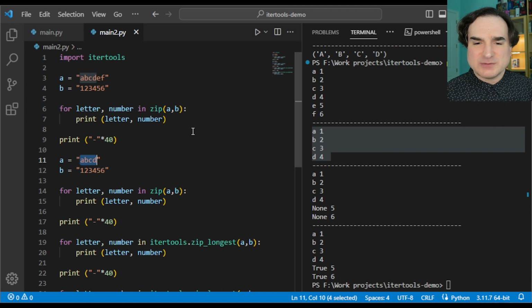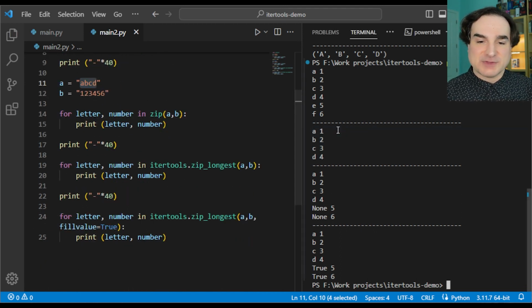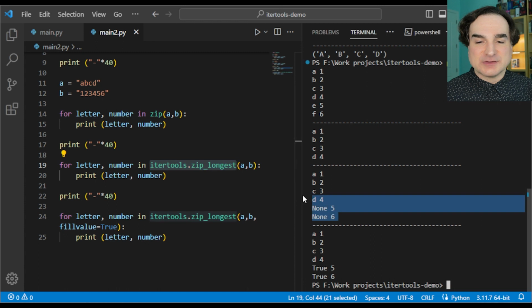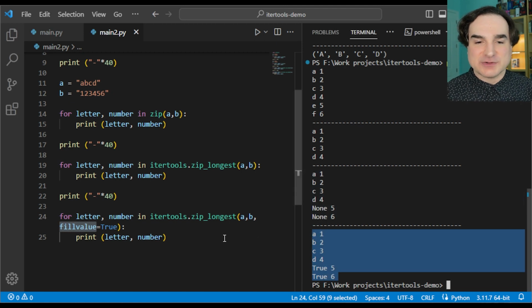So what if we want to run this iterator for as long as possible until all the streams run out? Well, for that, we have itertools.zip_longest. The behavior for zip_longest is to swap in None for values from any stream that runs out, but it also lets us provide a fill value of any kind to substitute in. Generally, though, I find None works well for a common use case, so that's the default.